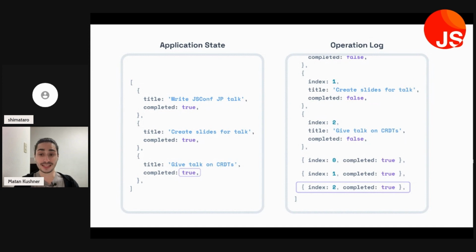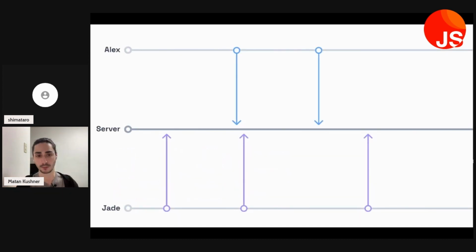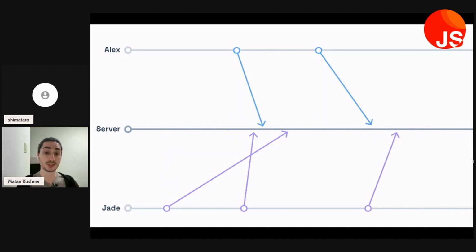Now, if only it were that easy. CRDTs, well, the mental model looks that way, but let's take a look at perhaps how synchronicity works, or how data syncing works. In our heads, it looks a bit like this. We have the server in the middle, and users are able to push changes to the server at the moments they need it. The server sends it to the other users. In reality, though, unfortunately, it looks a little closer to this.